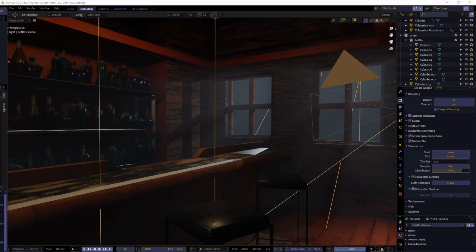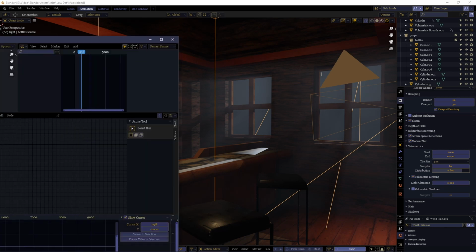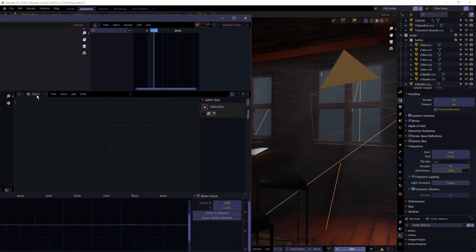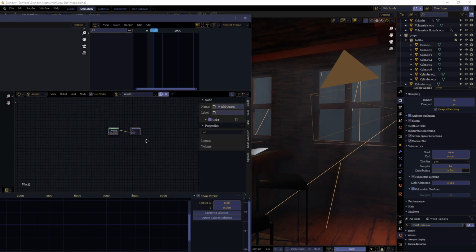Now there's a few different ways you can go about getting volumetrics. One of the quickest and potentially the least efficient ways of getting volumetrics in your scene is just by going into your world settings and adding volumetric shaders and all that stuff.